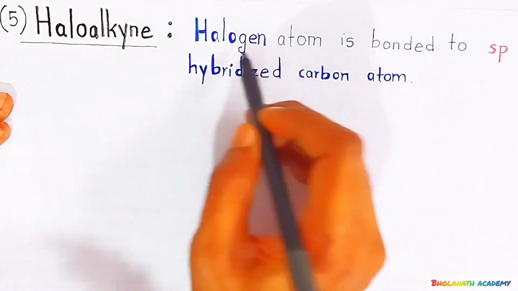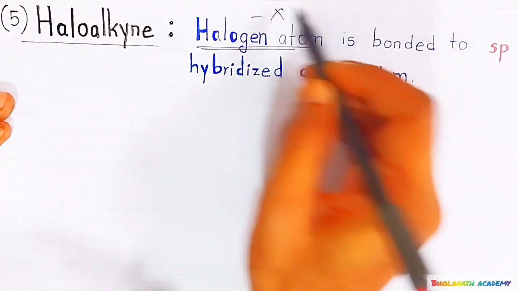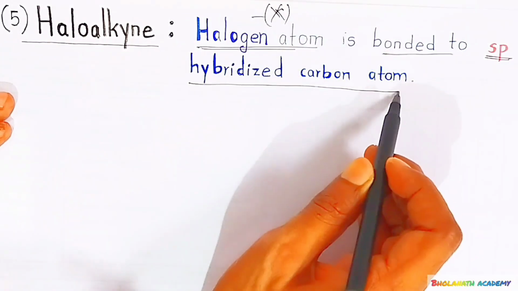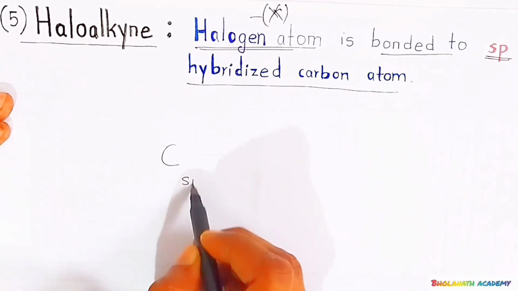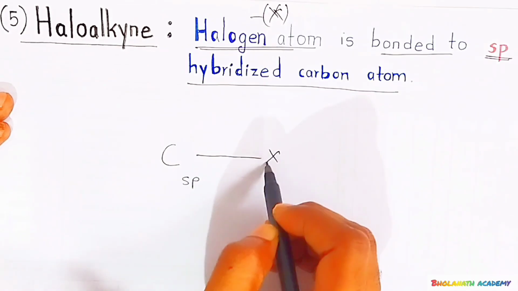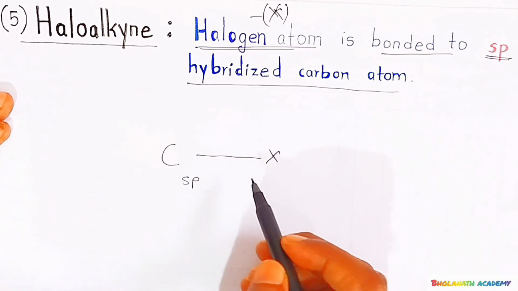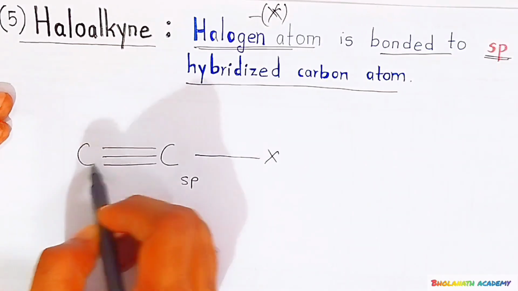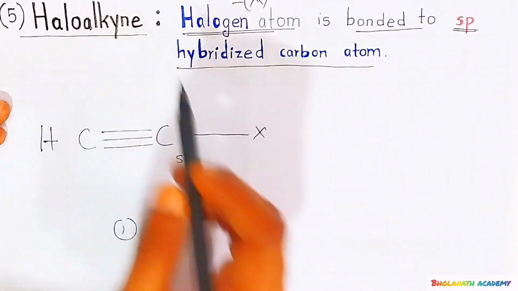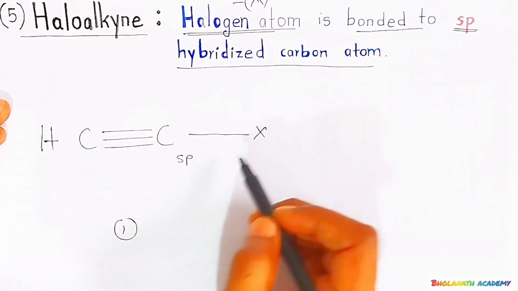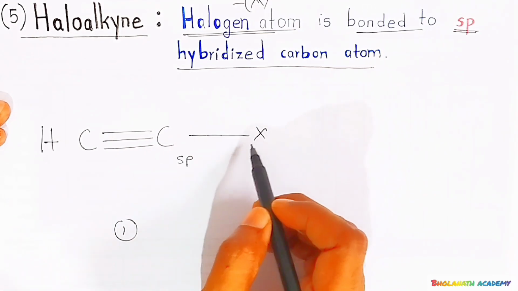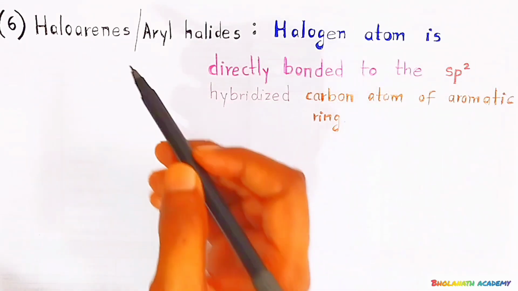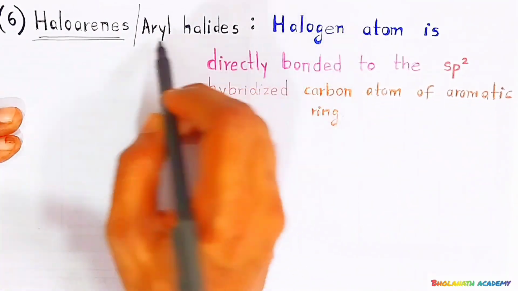Haloalkyne. Here, students, halogen atom is bonded to sp hybridized carbon atom. So here the carbon should be sp hybridized, to whom your halogen atom should be attached, students. Now when will this carbon be sp hybridized? When there is a carbon-carbon triple bond. Okay, students. So haloalkynes, this is ethyne, where hydrogen of the ethyne is replaced by halogen, is called as what? Haloalkyne. Last example, students, that we are going to see, is called haloarenes, or we can say aryl